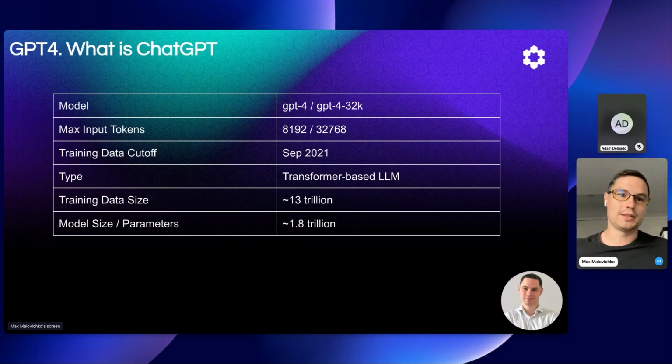So let's get started. I believe it was in 2018 when the transformer architecture was first introduced, and GPT is actually the most successful, in my opinion, implementation of the transformer-based large language model. The revolution happened around March or April this year when they released GPT-4. There are actually more than one GPT-4 models right now that are available through the API, but we mostly will be focusing on GPT-4.